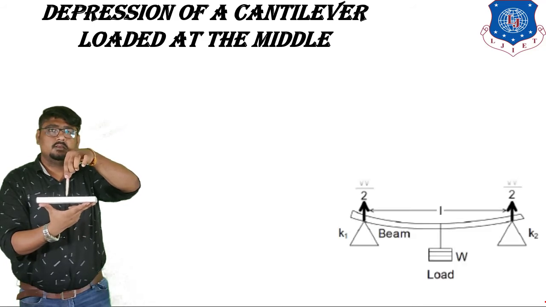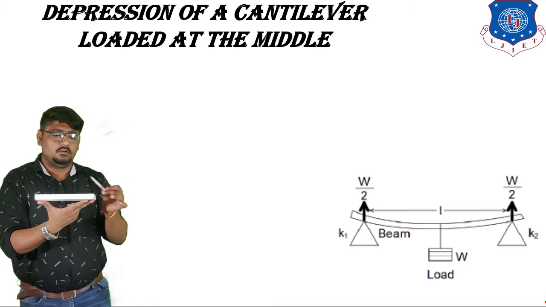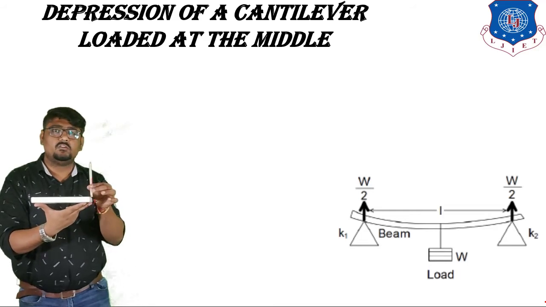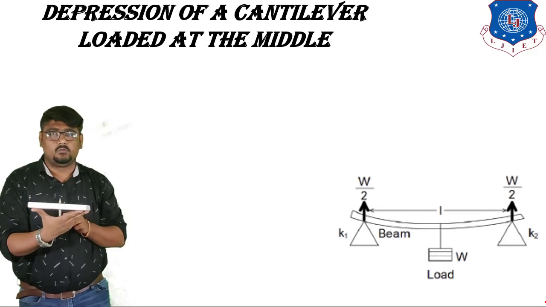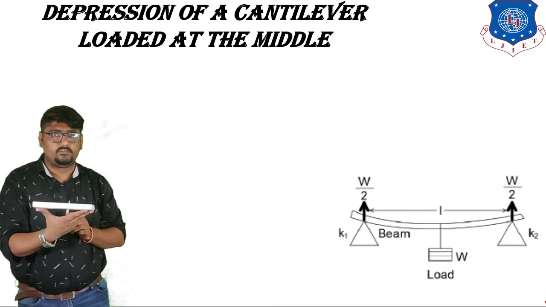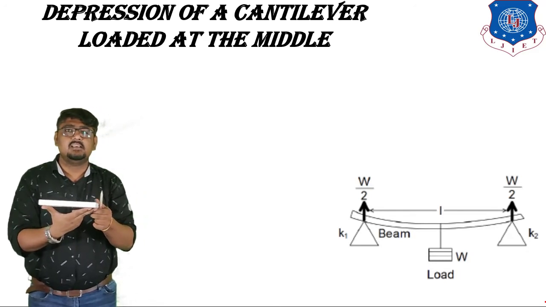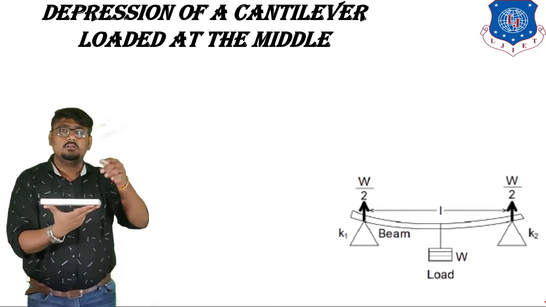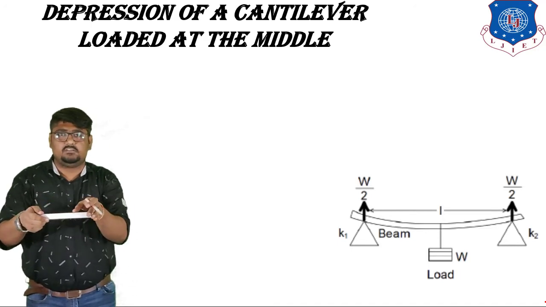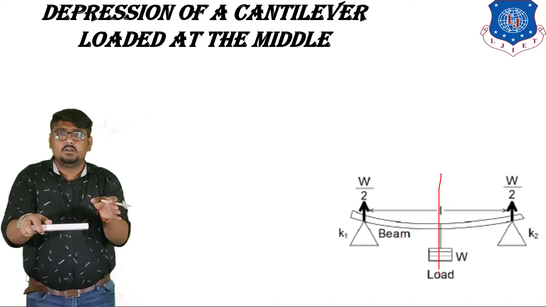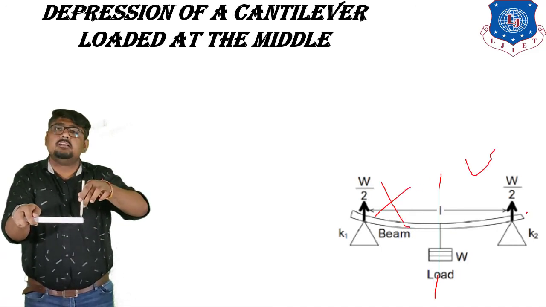Okay, and this is the support. So the reaction force is obtained W by 2 and W by 2 at the supports in the opposite directions. So we can imagine this thing similarly as a cantilever beam supported at one end. Imagine this half, only the half of the section. Forget the remaining one. So, a cantilever beam supported at one end and loaded at the end.